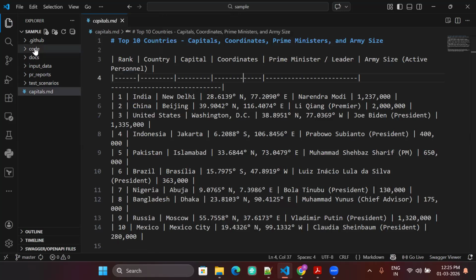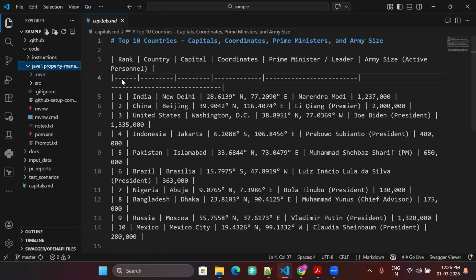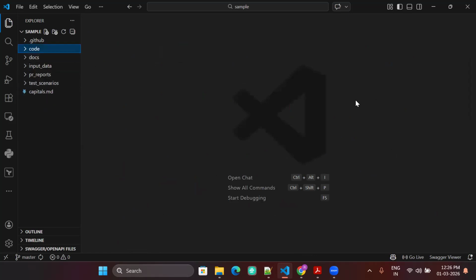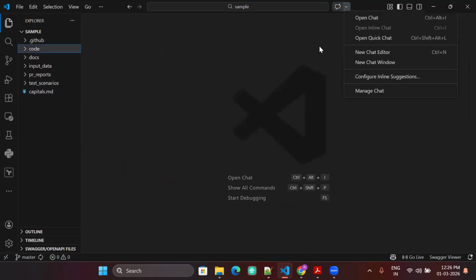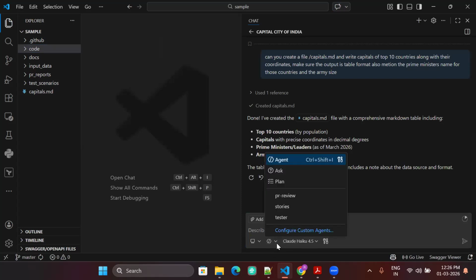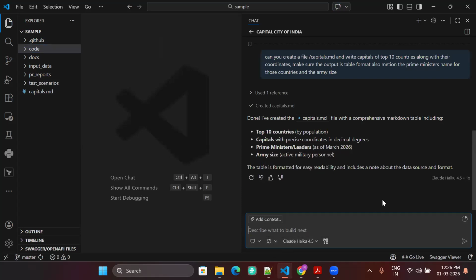So let's say you have code in this folder. You can ask it in the agent mode to read this code and then go ahead and do some summarization, analysis, review, whatever you want. Agent mode gives you the power to write something, read something, and modify your existing file system. It gives you that capability, the agent mode of Copilot. So if you are someone who is not using it, just imagine what you are losing here.